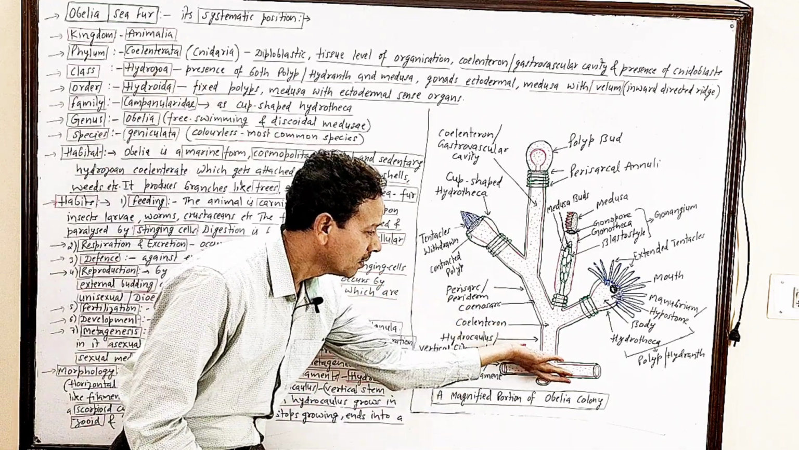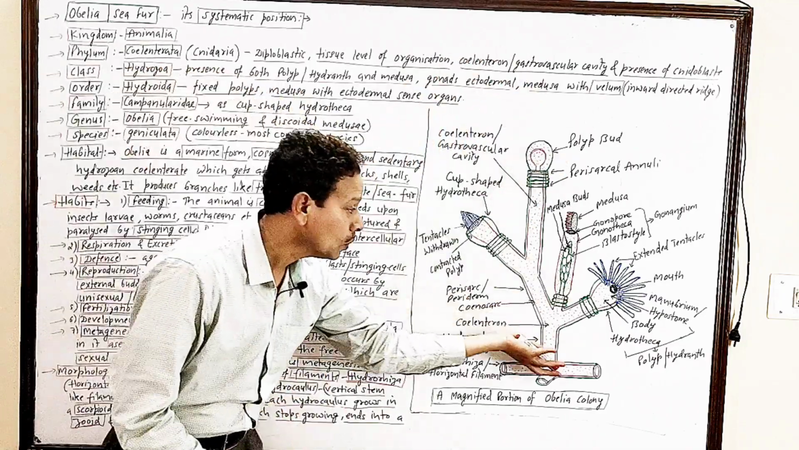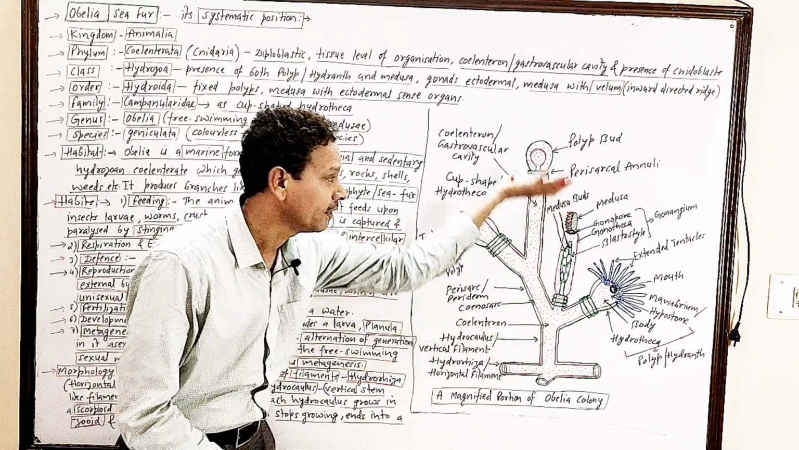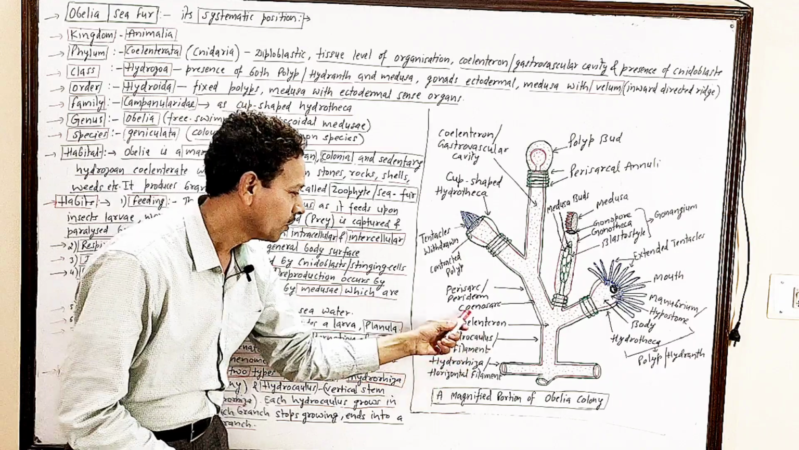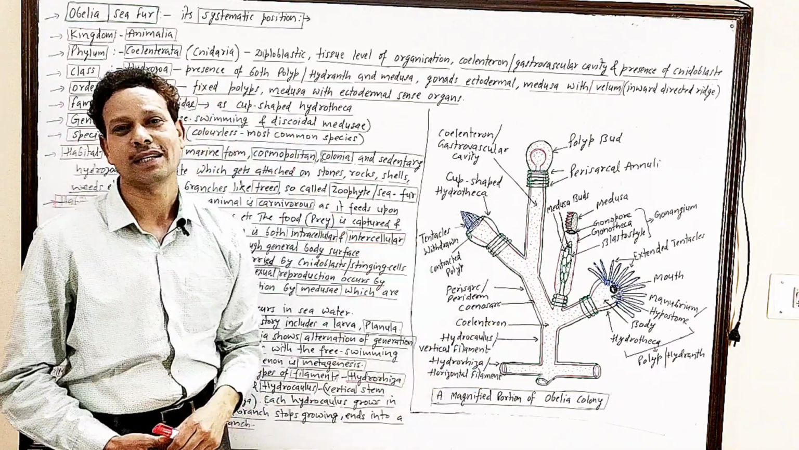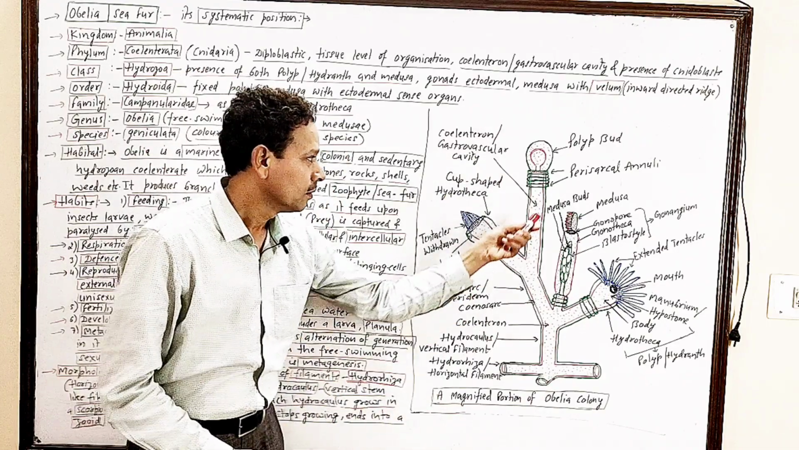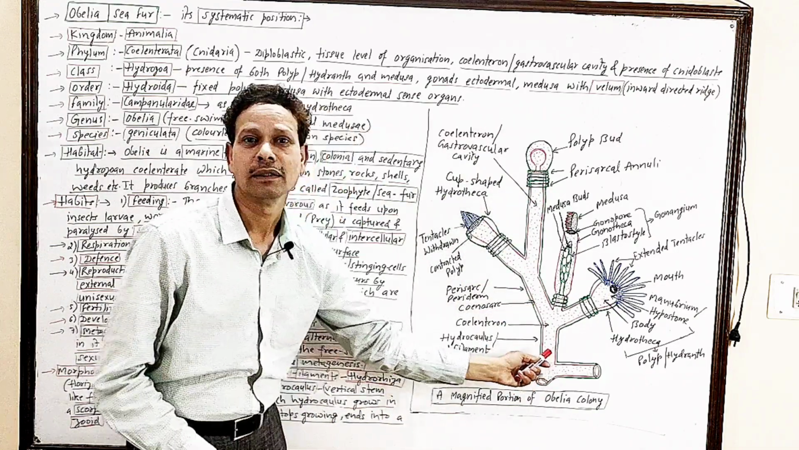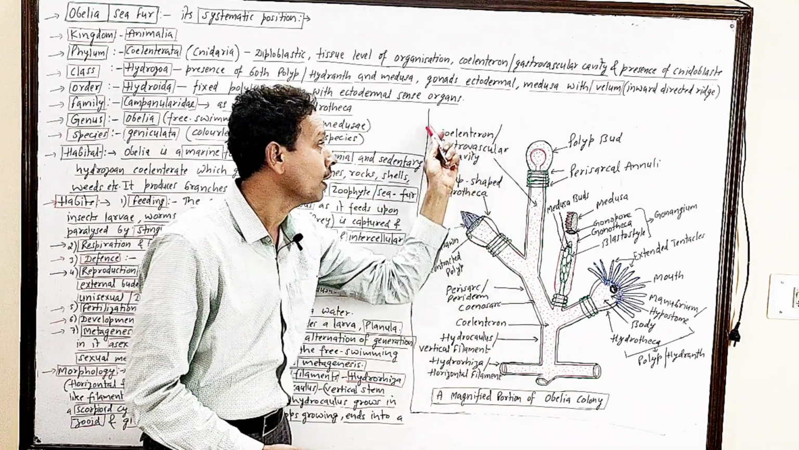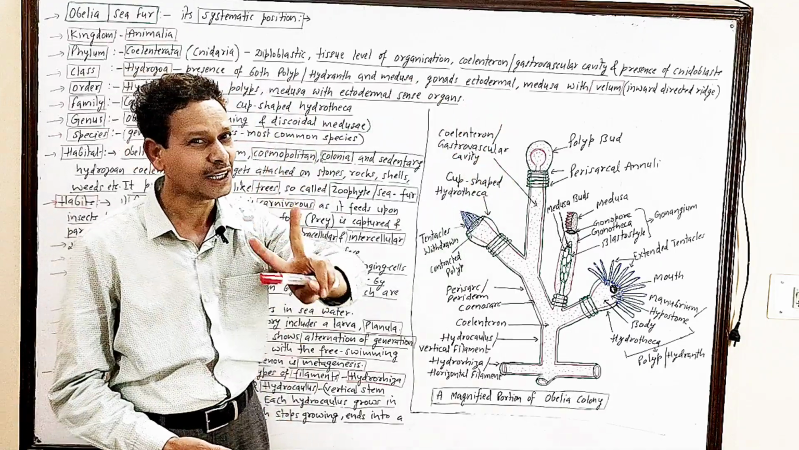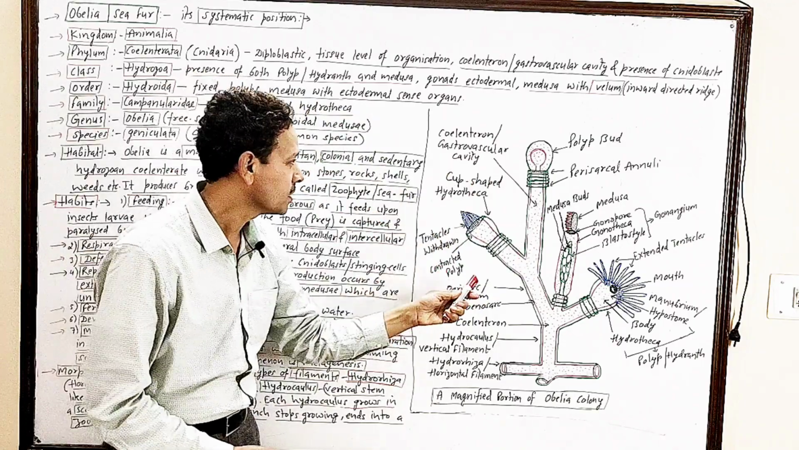And this vertical filament that grows like a stem, that grows like a tree, this vertical filament is, note down, hydrocaulus. And this entire body possesses a cavity. This common cavity is gastrovascular cavity, or coelenteron, and this cavity is lined internally by